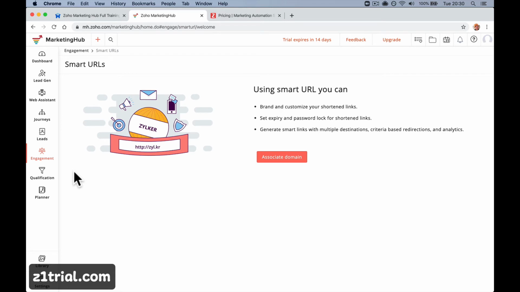Smart URLs, I'm interested in this because I do a lot of this stuff myself. Using Smart URL, you can brand and customize your shortened links. Set expiry and password locks for shortened links, so you can say, here's a discount, but it's only going to work for 24 hours. Here's a link, see who's clicked it. You will see on this video in one of the bottom corners, it'll say